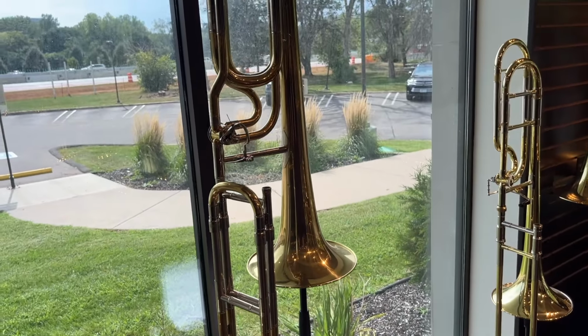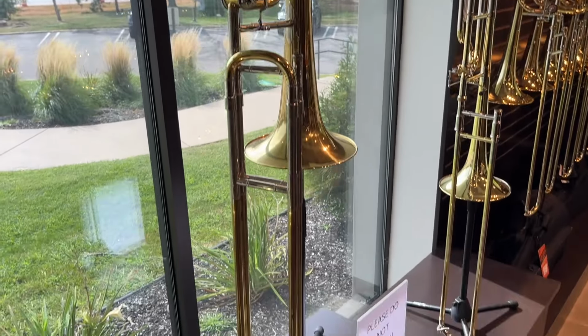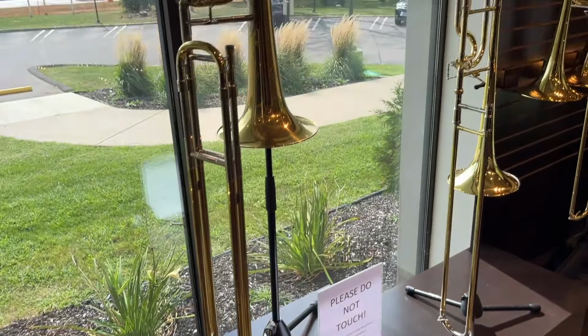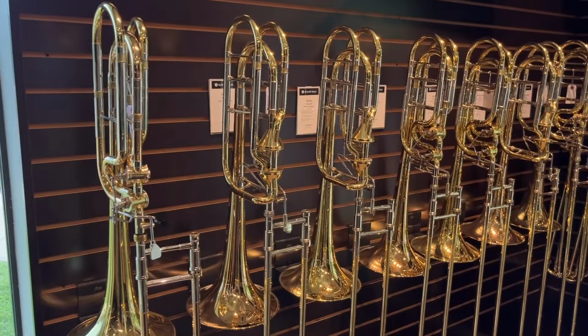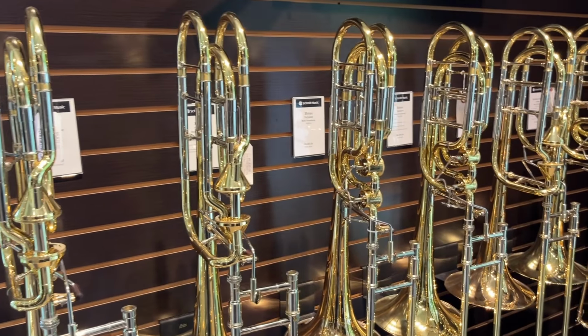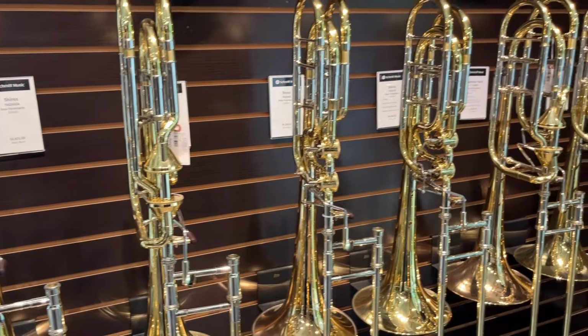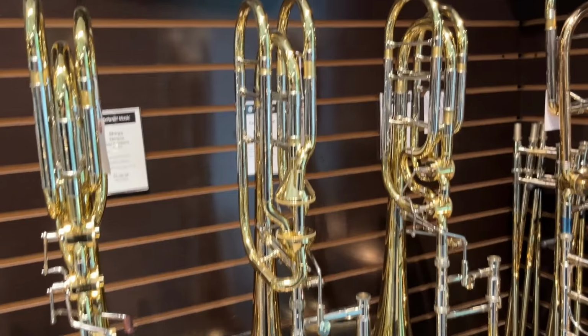They've had it in their collection for quite a number of years here, and they'd like to find it a new home. So we are trying to give them a hand with all of that. And then working our way down the road, we've talked about a lot of the bass trombones. I've got kind of the full selection of the S.E. Shires Q series bass trombones here, whether the axial flow or the rotor versions, and a couple of the Eastman